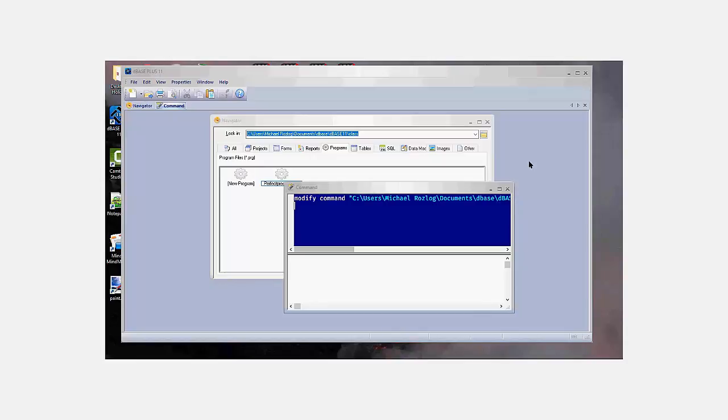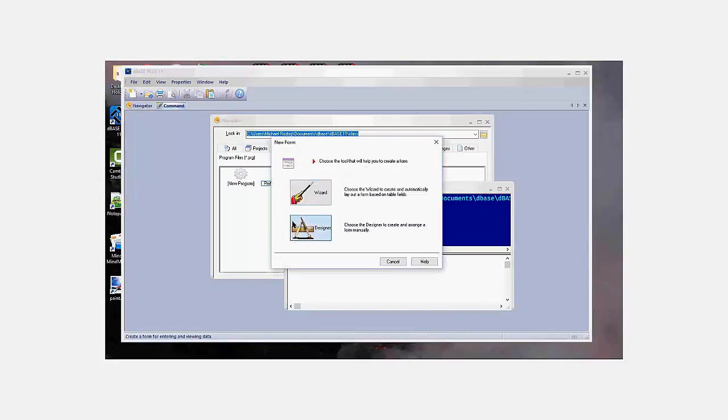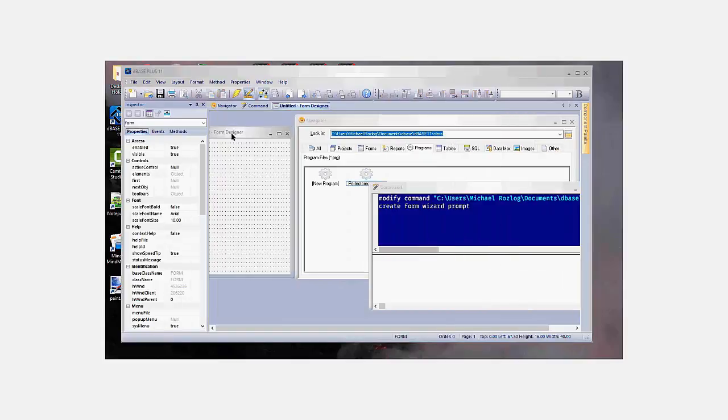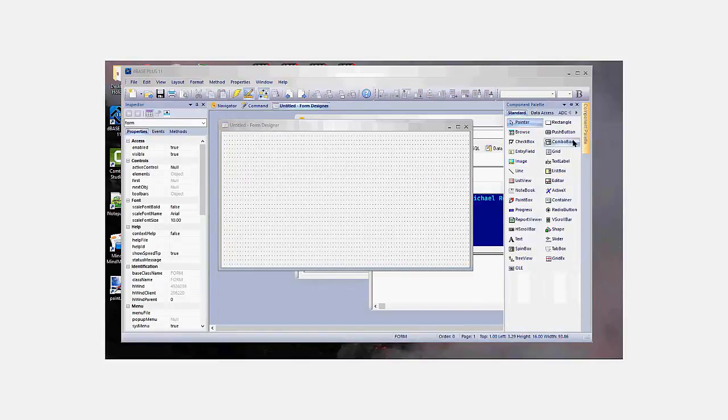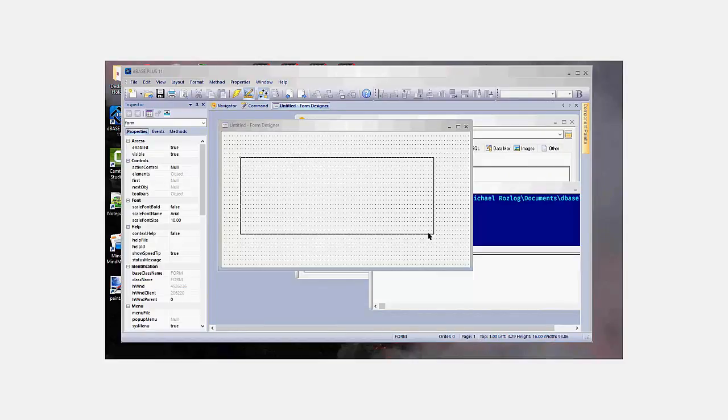One of the things that you can do inside of dBASE is that it's known for hooking up with databases and using databases and things like that. Well, one of the things that you can do is if I come in here and I say File New, and I go into Form and I go into Designer and bring this over, I'm going to make this a little wider. We're going to drop a grid component on there, and we'll just make the grid component something like